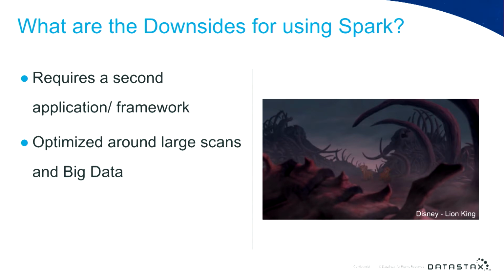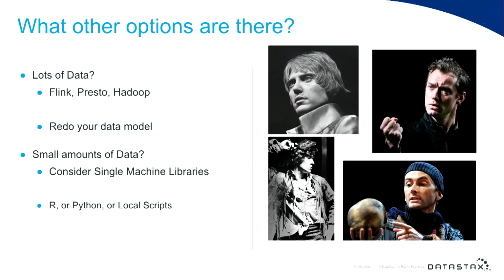And the other problem is that all of these operations and all of this code is optimized around distributed computing, which means if you're doing something that does not require distributed computing, it can be done on a single machine, this will almost always be slower than doing it on a single machine. So Spark is generally not the answer in that case. So what other options do we have if we're not using Spark to do big analytics questions?